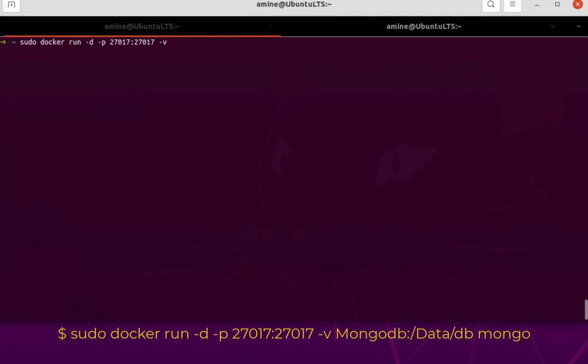Here I have to specify the path on my local machine, which is /home/mongodbdata. This is the directory that I have created, and it will be mapped with the default directory where MongoDB stores its databases, which is /data/db. So this is the default directory where MongoDB stores the databases in the container. Okay,